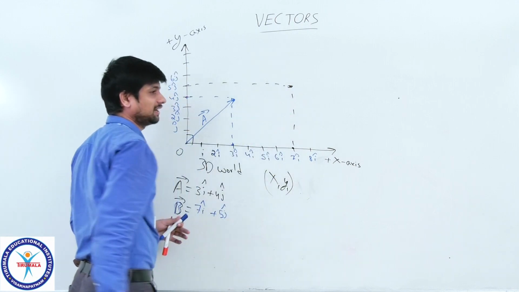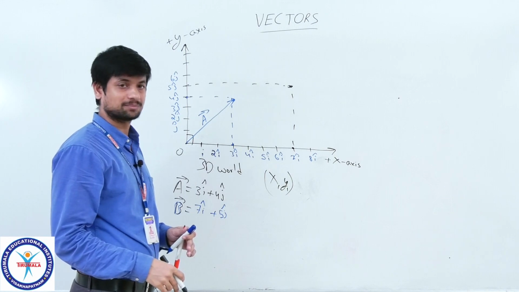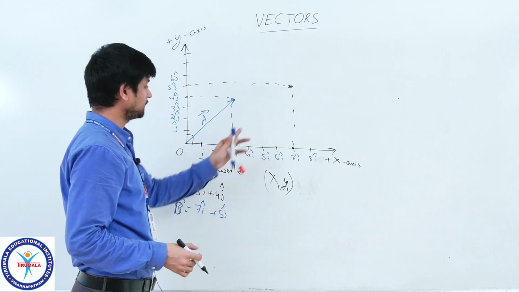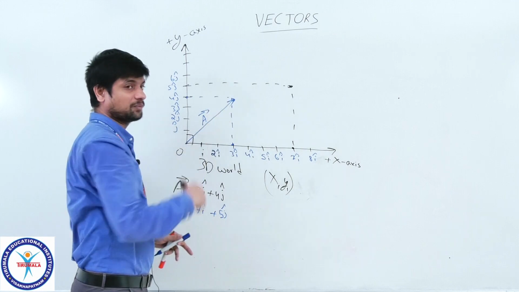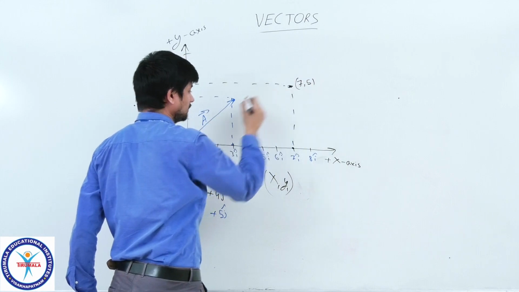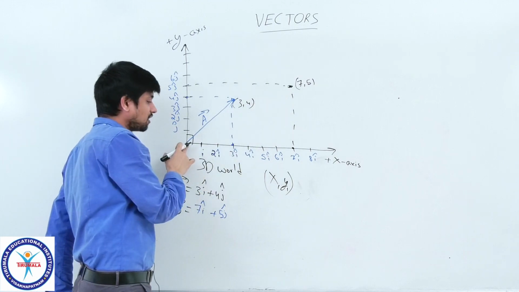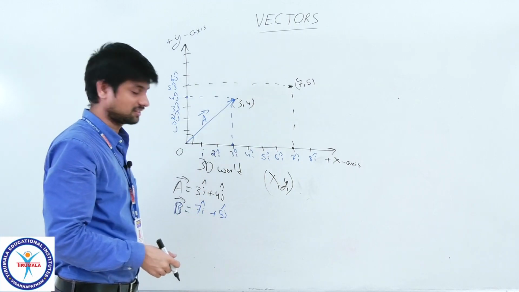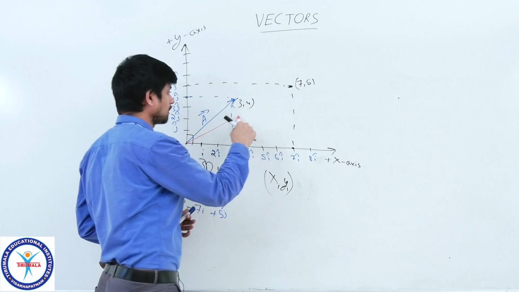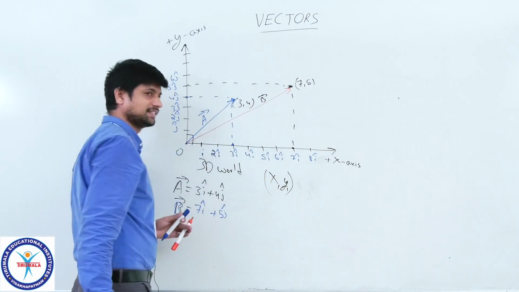So in the coordinate geometry, Cartesian coordinates, René Descartes, French philosopher cum scientist, has given this type of imaginary view to locate the positions. So whatever 7i plus 5j, identify its position vector. Position is this one. In coordinate geometry, you will say this is 7, 5, this is 3, 4. But with the length and the direction from the origin, we are representing. These are the position vectors. 7i, 5j, the red one. So this is B vector.